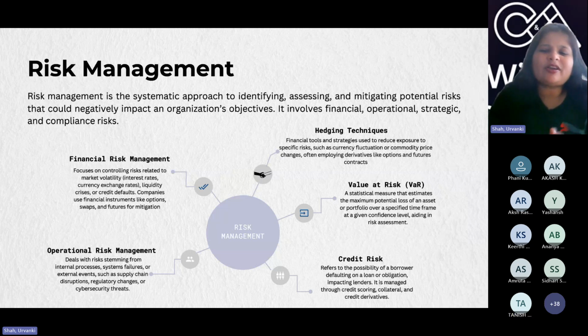So value at risk over here, in terms of you have an overall 1 million, right? What will happen to your asset? You can't always predict that your 1 million will always increase by 8%, 10%. There may be a scenario where 1 million can become your 0.5 million also.